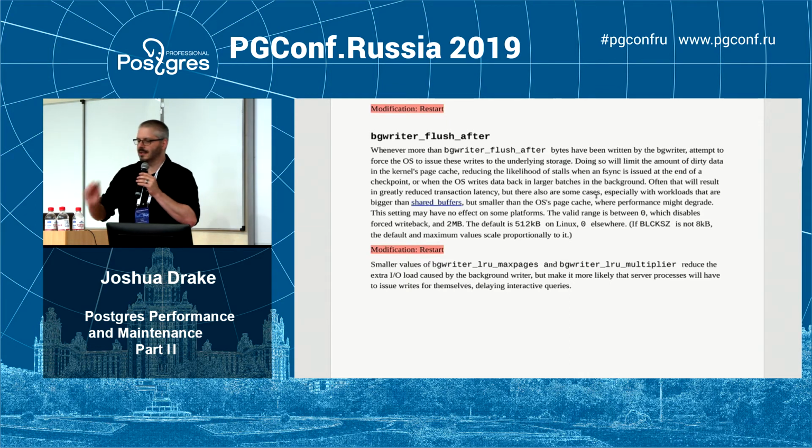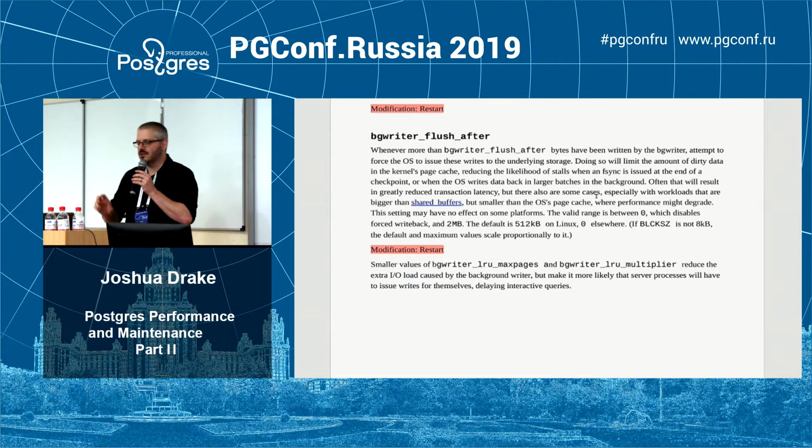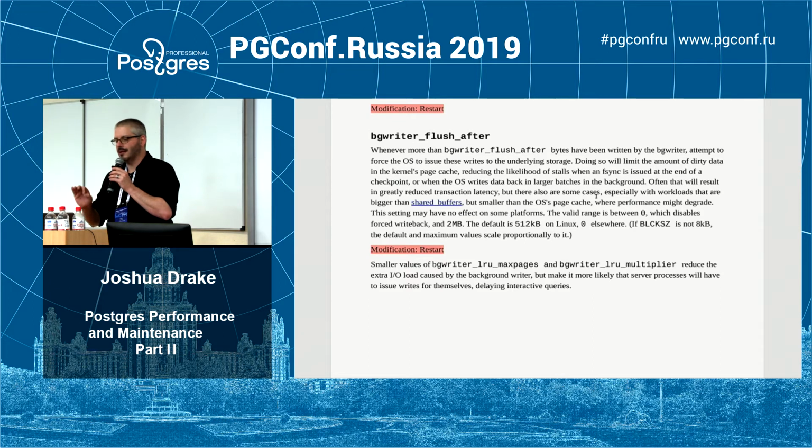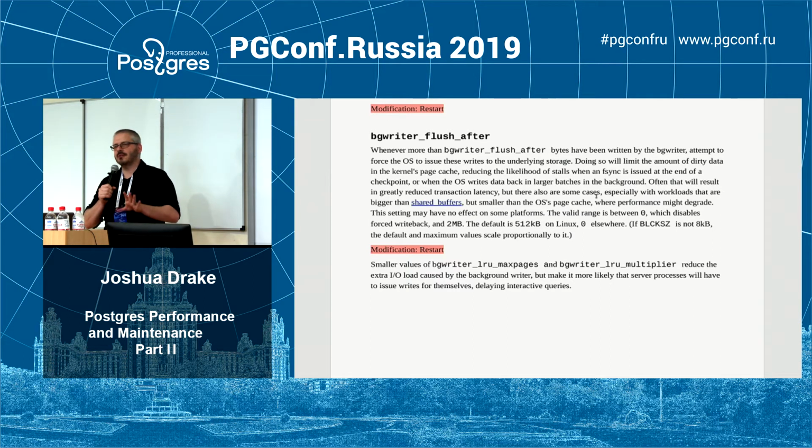Now, we know this works on Linux. I don't know about the other operating systems. Doing so will limit the amount of dirty data in the kernel pages cache, reducing the likelihood of stalls when an Fsync is issued at the end of a checkpoint, or when the OS writes data back in larger batches in the background. This is really important because, for example, Ubuntu, I haven't checked recently, but it used to be